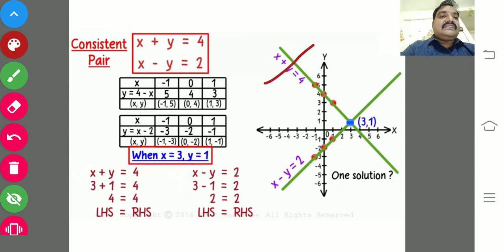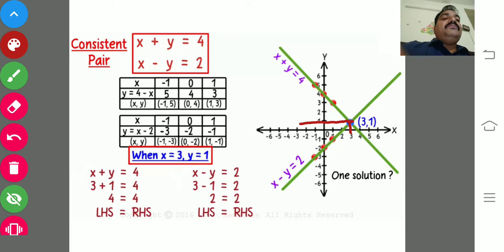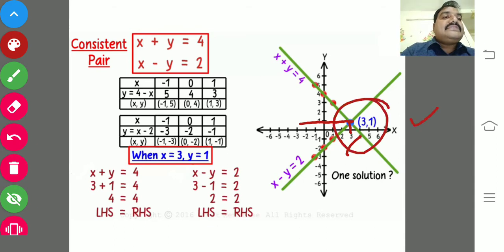Here this is one equation, this is one more equation. What is the common solution? This is the line and this is the line. On the two lines, one point is there. That is nothing but 3, 1. How will you take it? You just identify the point and you draw the perpendicular towards the x-axis and the perpendicular towards the y-axis. The perpendicular towards the x-axis is 3 and towards the y-axis is 1. So 3, 1 is the solution. This is the only solution of the pair of linear equations. I hope you could understand.